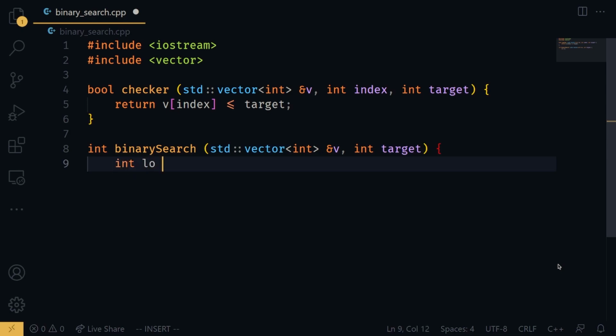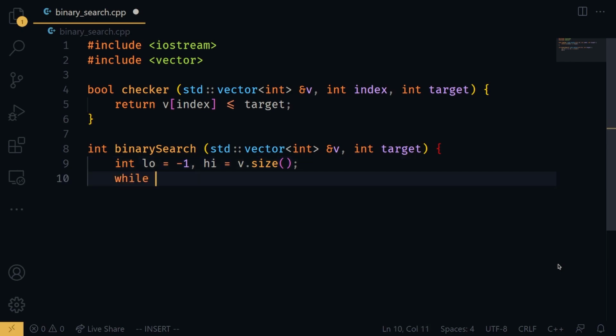I'll create the two markers, low, which will be -1, that is just below the lower range, and high, which will be equal to v dot size. Now high is already just outside the above mark because of zero based indexing. So for example, if our vector is of size 10, then it will have the indexes in range 0 to 9. So -1 and 10 will be the initial low and high markers. Now we write the while loop. While low plus 1 is not equal to high,